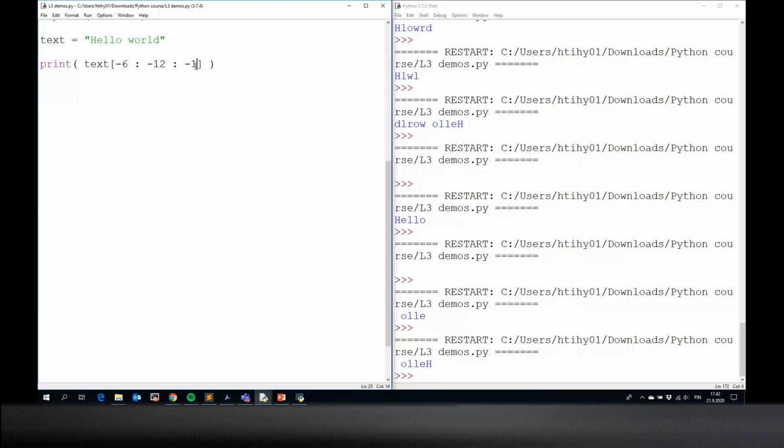So the stride specifies where we are going, what direction we are going, and how many steps we are taking. So again, the idea that we're going from left to right, except in these couple of cases,